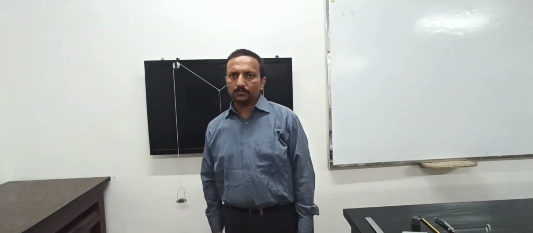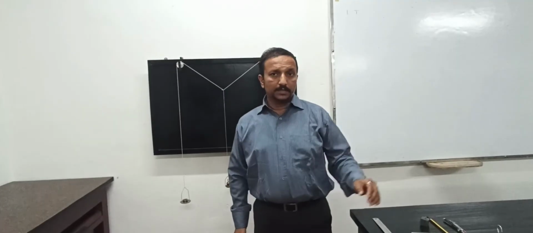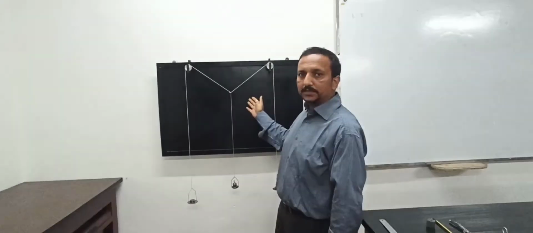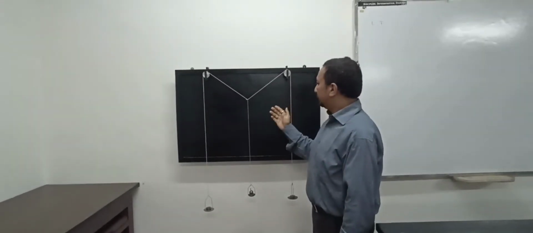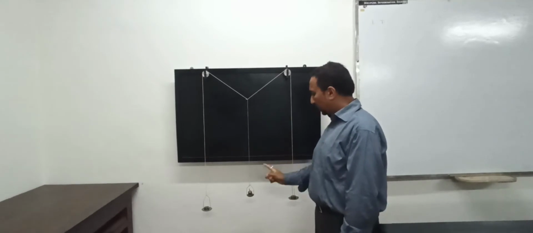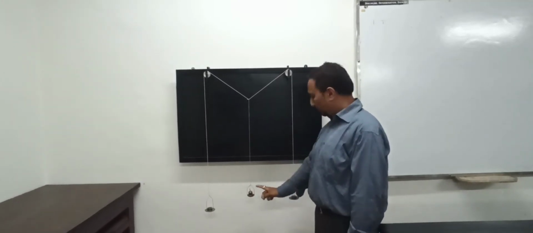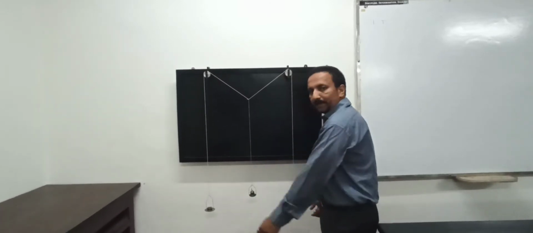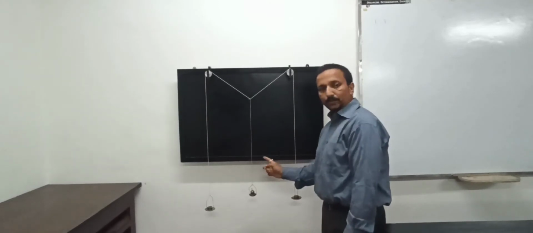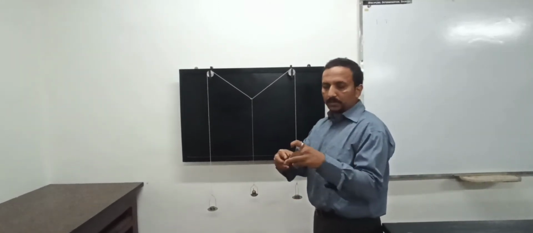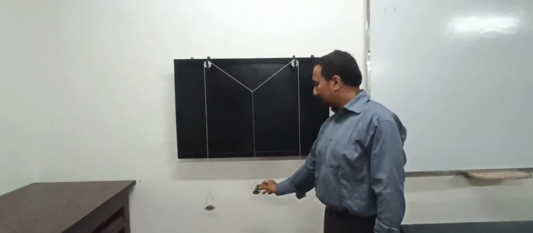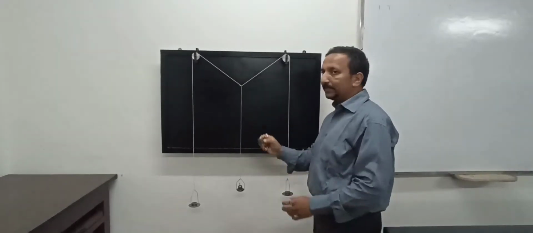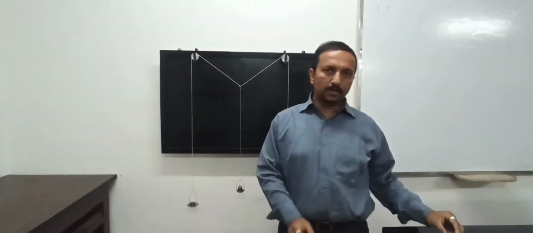Okay, let us start the demo for the practical. Let us be introduced to the apparatus. This is the Gravesand's apparatus, which is used for the parallelogram law experiment to find out the unknown weight. On the two side pans we will use two known weights, and we shall use the unknown weight at the middle pan to find out its weight, using the parallelogram law of vector addition.